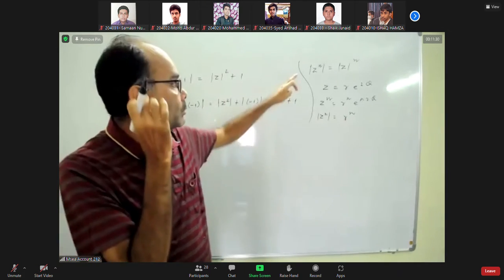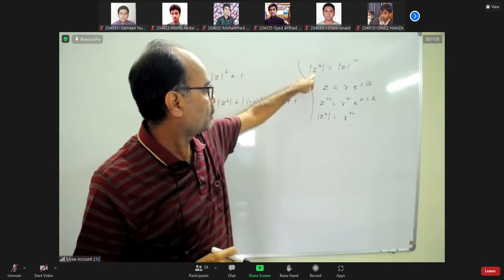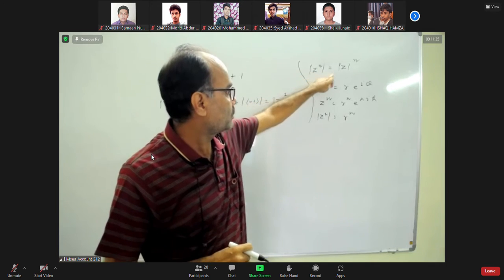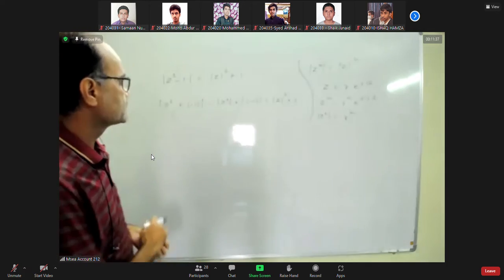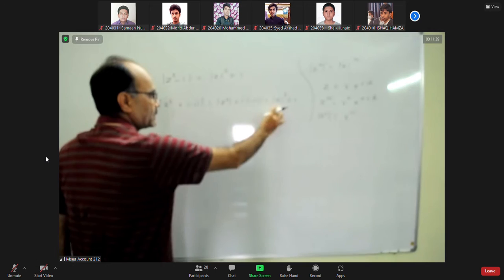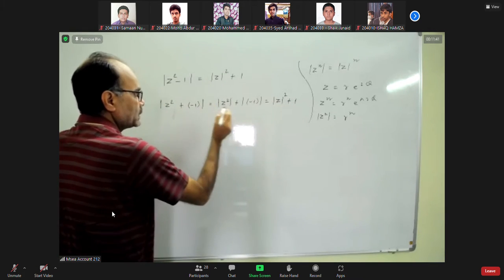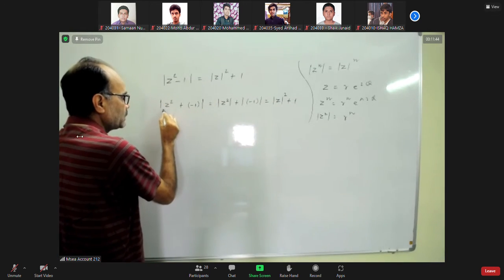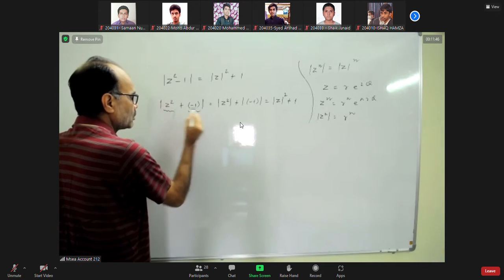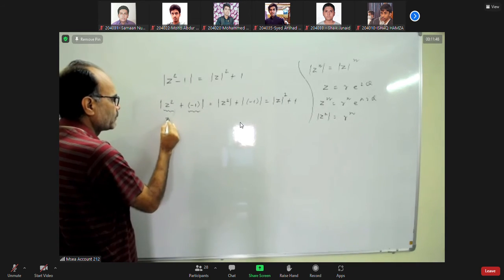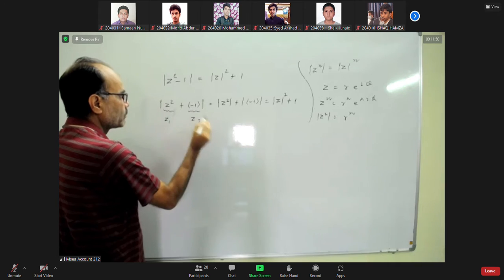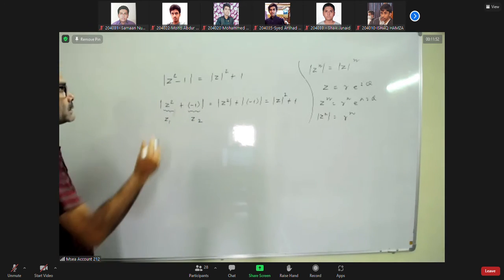So mod of z to the power n equals mod z to the power n. Used here, same result. So here, this is z1, this is z2. Just to compare the same result,